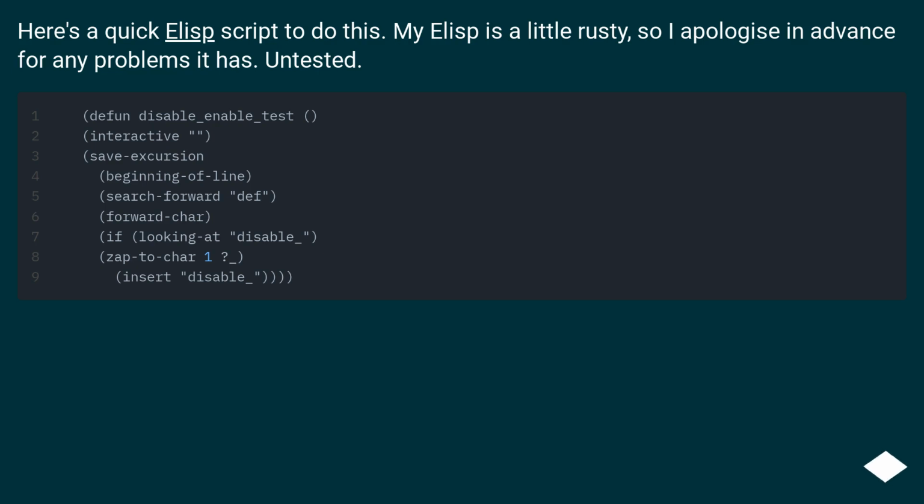Here's a quick Lisp script to do this. My Lisp is a little rusty, so I apologize in advance for any problems it has. Untested,